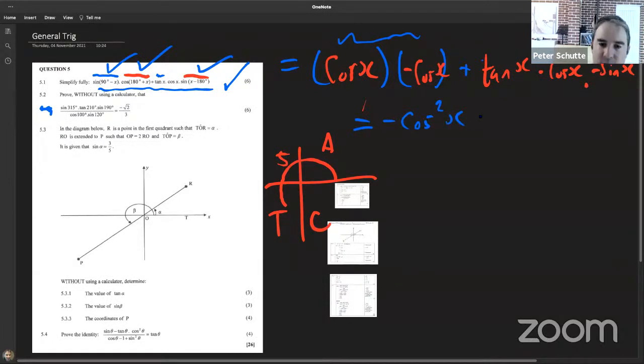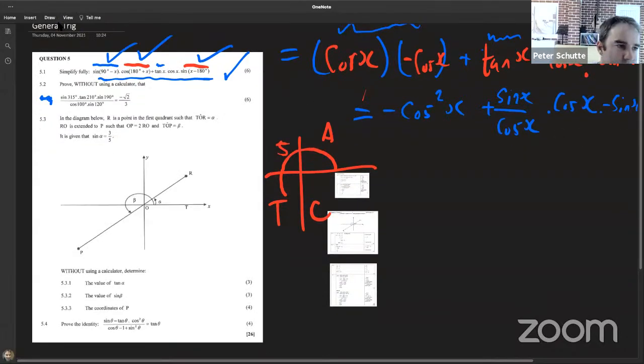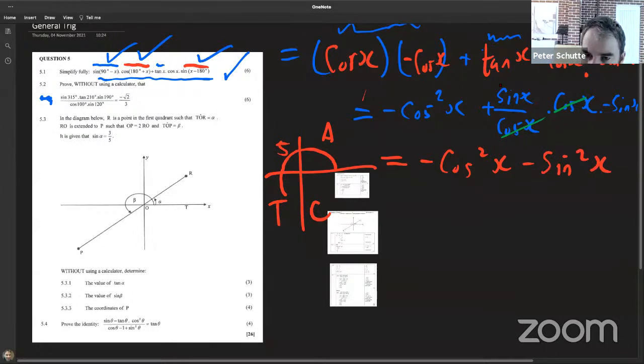But this one over here, this I need to break down, and there's something called the quotient identity, and that's that tan x can be written as sine x over cos x. And now we've got this cos x here, and then we've got this minus sine x here. Let's get a different color. Cos x over cos x is 1. And so now I'm left with minus cos squared x minus sine squared x,